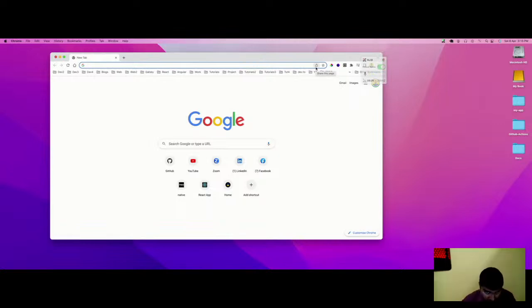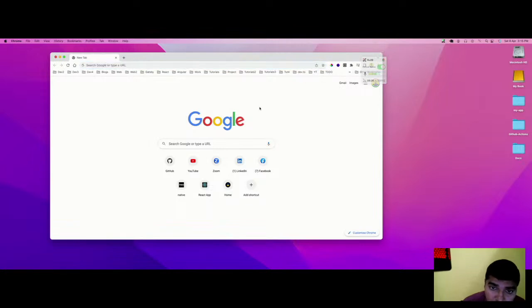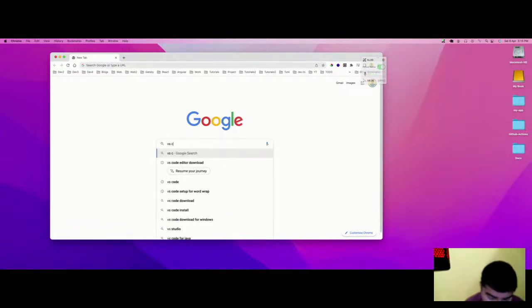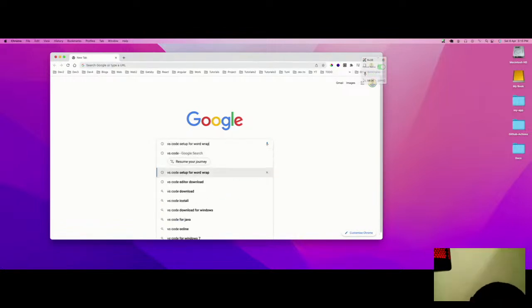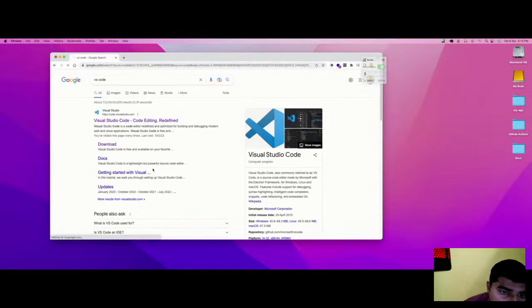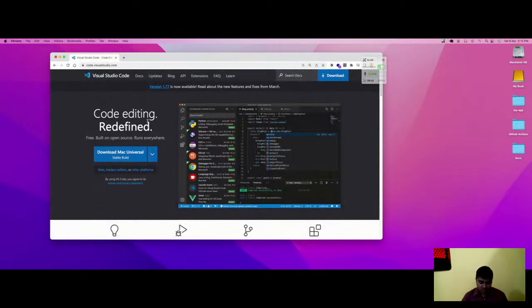Okay. Now, for you to have the HTML, because we are writing the HTML code in a light code editor, and for this light code editor we are using VS Code. VS Code is a light code editor which we are using. There are so many light code editors present.